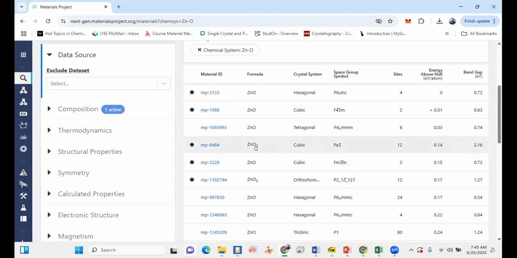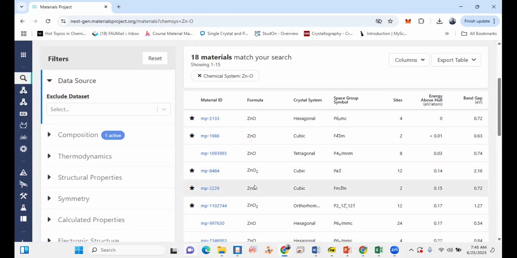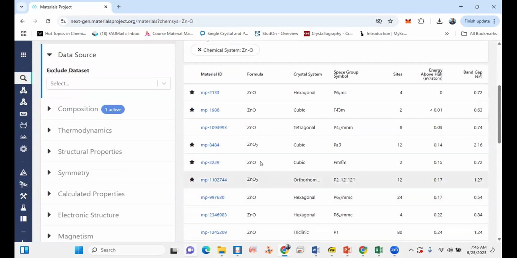I also have here zinc peroxide, because I also work with this one, the zinc peroxide nanoparticle with the space group Pa-3, which is a cubic structure. There is another zinc peroxide, but I tried with the cubic one, because my synthesized zinc peroxide nanoparticles, ultra small or quantum dots, were cubic, and their space group was Pa-3.